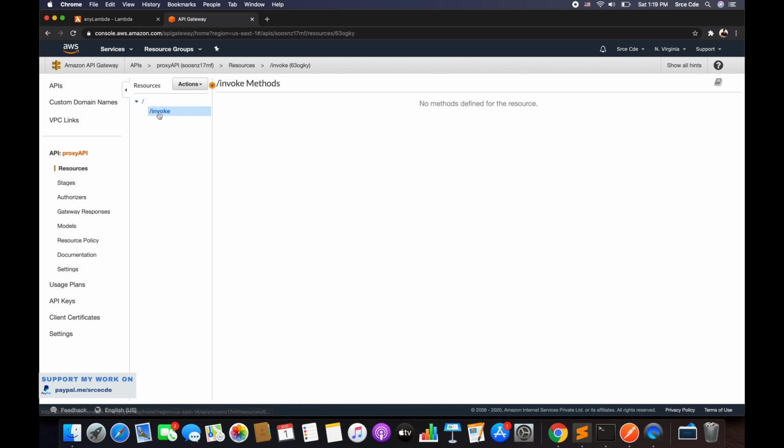Now, as I mentioned earlier, for example, we want to put together a few methods within this resource, so it can also execute the DELETE method, POST method, and GET method. Then what we generally do is select this resource, click on Action and say Create method. And then subsequently we create other methods one by one, each with a backend integration. To avoid that, we are going to create only one method, that is the ANY method. So select ANY from the drop down list and click on the tick mark.